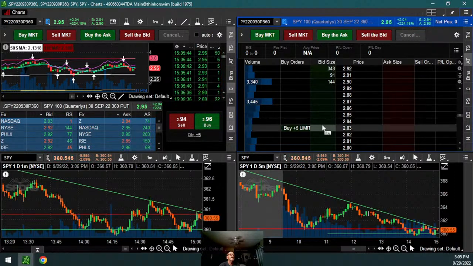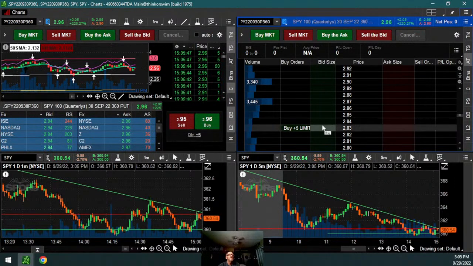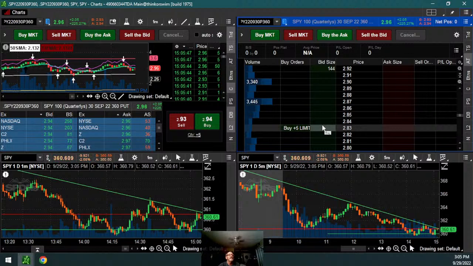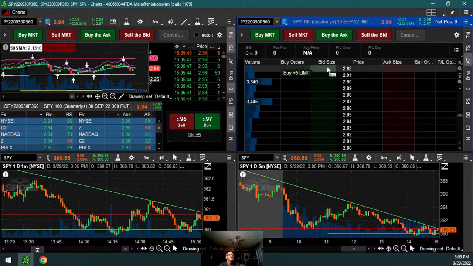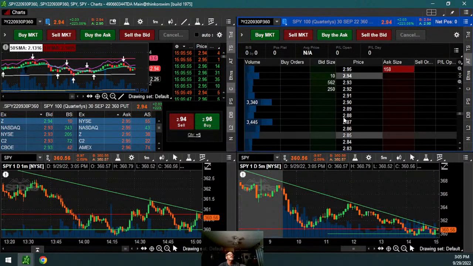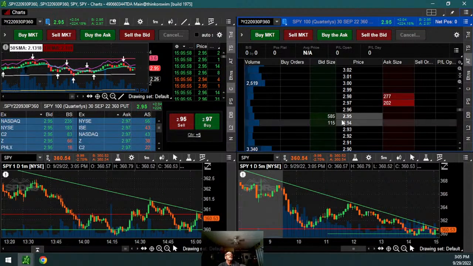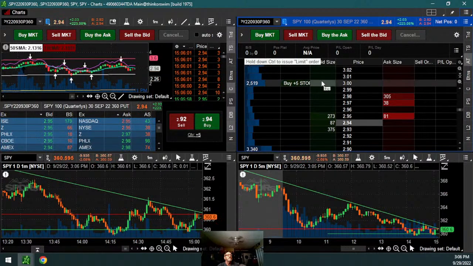Let's go low. If I just said if it drops at $2.83, I'm in the put. Okay, I wouldn't do it that way. If it goes back, it might put me in immediately. If I go up higher, it's at $2.96. I have to go up a little higher. There we go. So I don't know if I can put it.